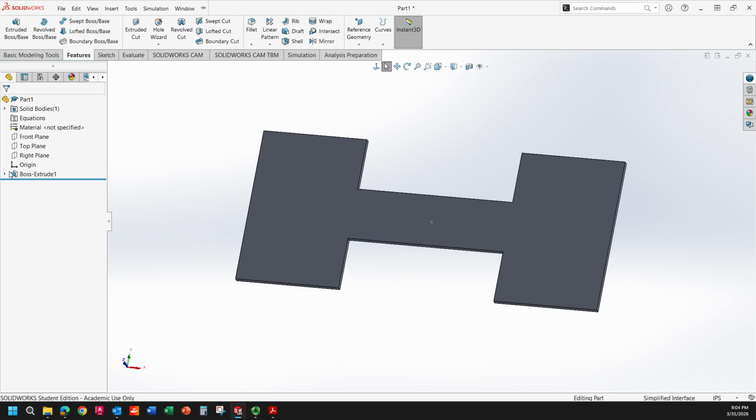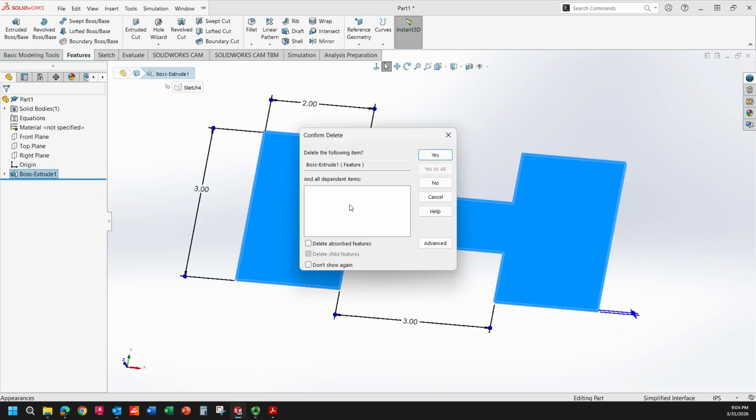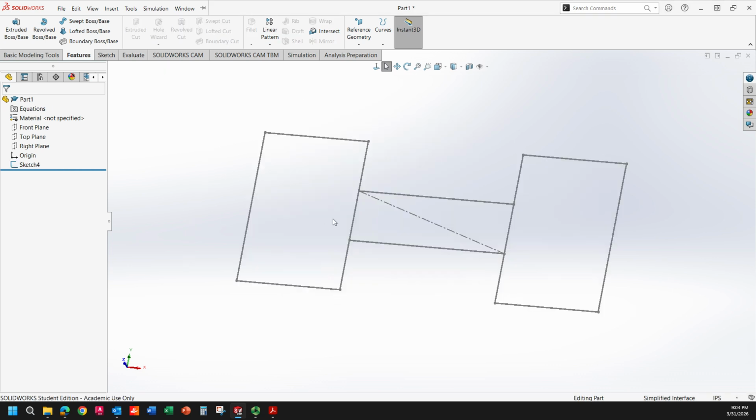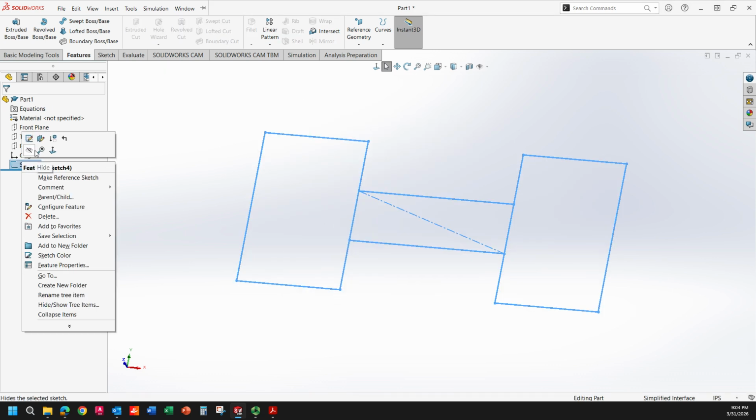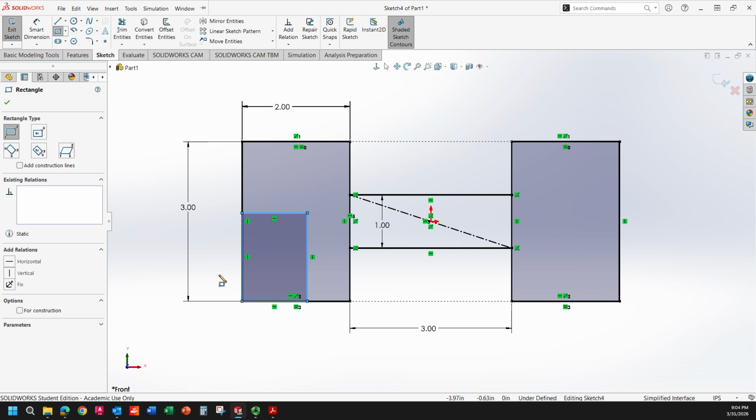So let me go back to this sketch. Let me undo the sketch, and I'm going to delete it. So I just want to delete the feature, not the sketch. The sketch is back. And what I want to do is to create another rectangle in here. So by having a rectangle just like that, you can see they are all fully selected. But when you have a broken line, then you will have to choose, because of the thin feature, SolidWorks